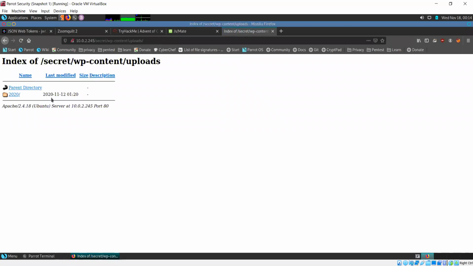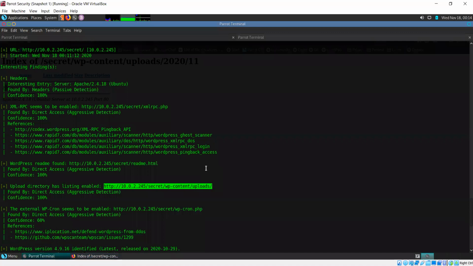So in the uploads directory, it doesn't look like there is anything for us really. There's just this directory called 2020, and it has a couple other subdirectories, but they're all empty. So again, this is not really useful. It turned out to be a dead end. But of course, never disregard information like this that you get from a scan, because in our case we didn't find anything, but it's very much possible that you may find something interesting. So don't dismiss scan results.